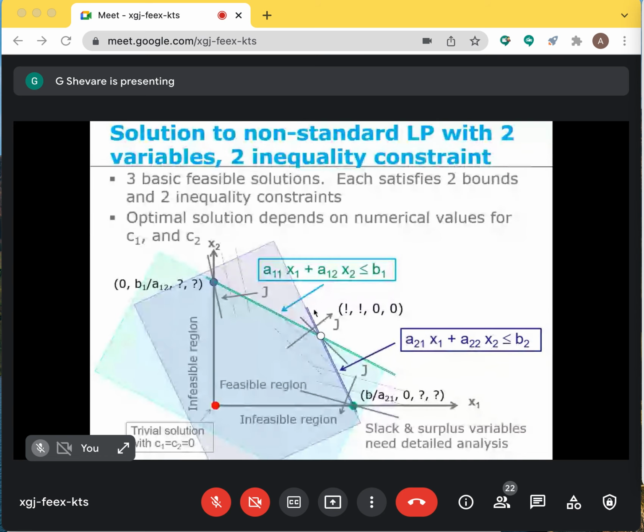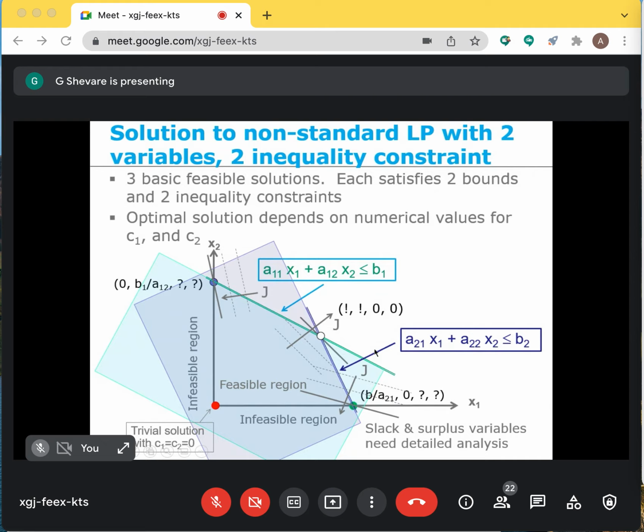The design space is shown in terms of x1 and x2, and equation number 1, A11 x1 plus A12 into x2 less than or equal to B1, is one of the constraints. You will realize that the feasible solution lies to the left of the green line. To the left of this line, what is shown by blue color is the feasible region where the solution is acceptable, if this has been the only constraint.